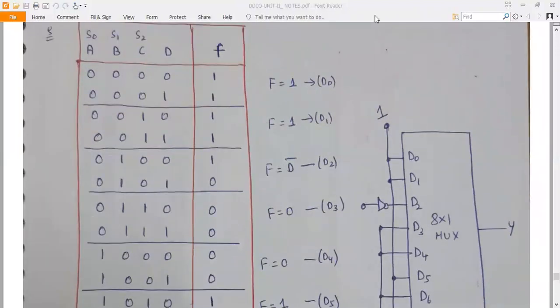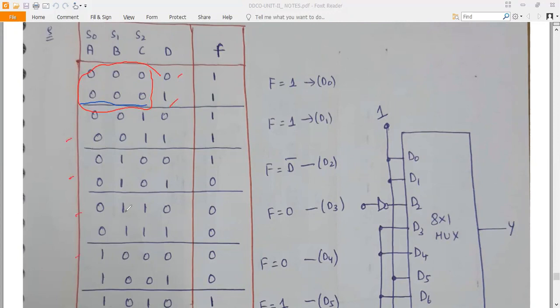See here. So a b c, that you are taking as common, and again dividing into two parts, similar to previous. Now this time it is a b c, and d is varying 0 1, and similarly in all cases.